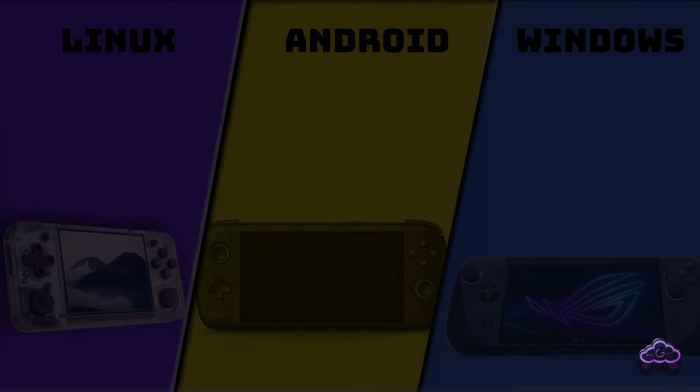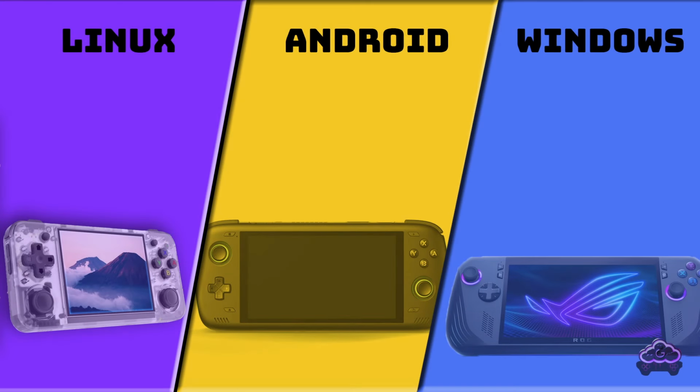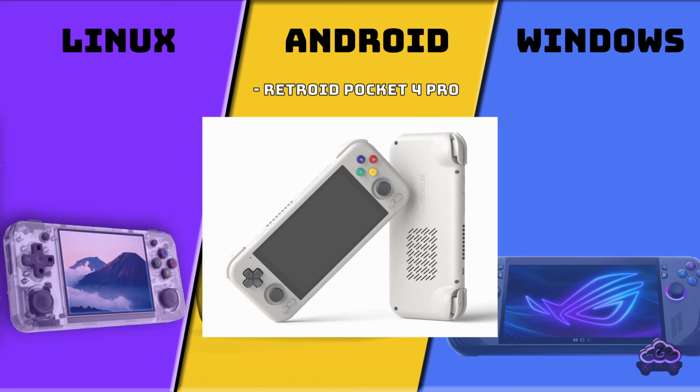So there you go. This is a very broad view on the actual market for gaming handhelds. Now, which one should you choose? This depends on your actual needs. If you need something small that you can take on a daily basis for trips or play anywhere like the bus or a plane, then I will generally go for a Linux or Android console and forget about the higher priced handhelds. Something like the Retroid Pocket 4 Pro or the smaller Anbernic